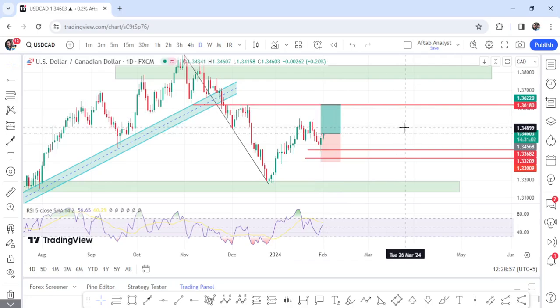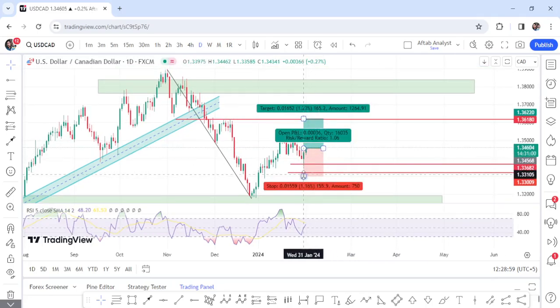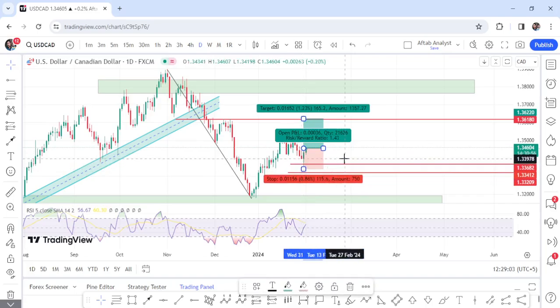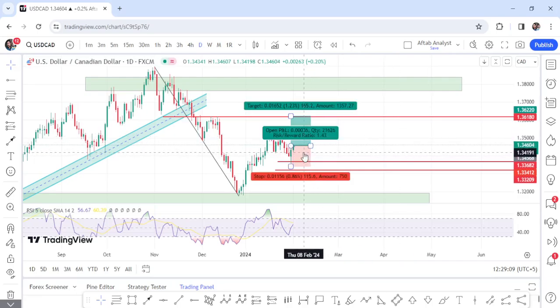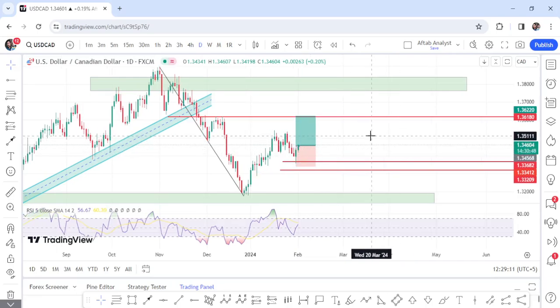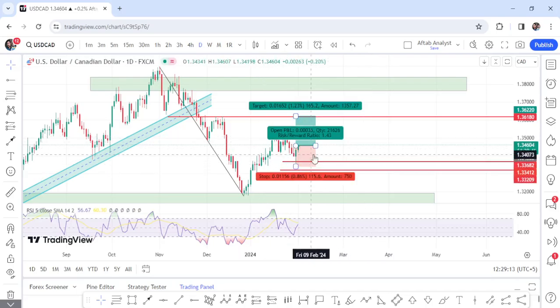If someone is trading it for the long term, it's not late, because later we can move the stop loss like this, and this much stop loss can give you around one as risk and two as reward. So this is one trade setup that I have found. How did I find it? Because if you see this